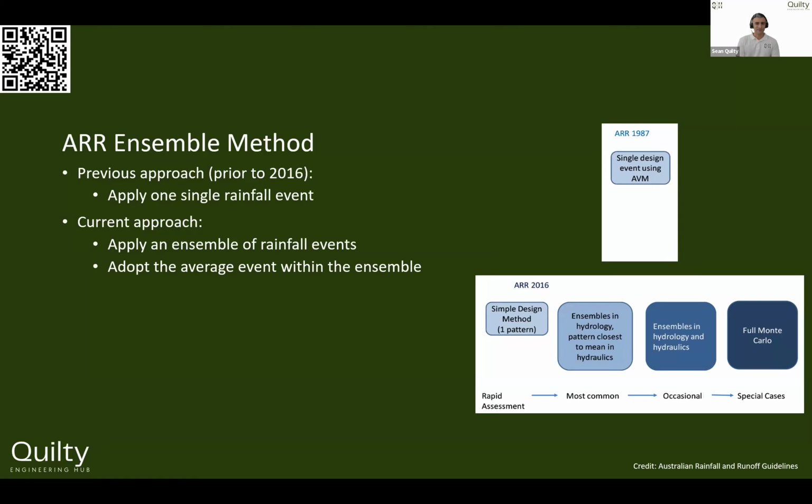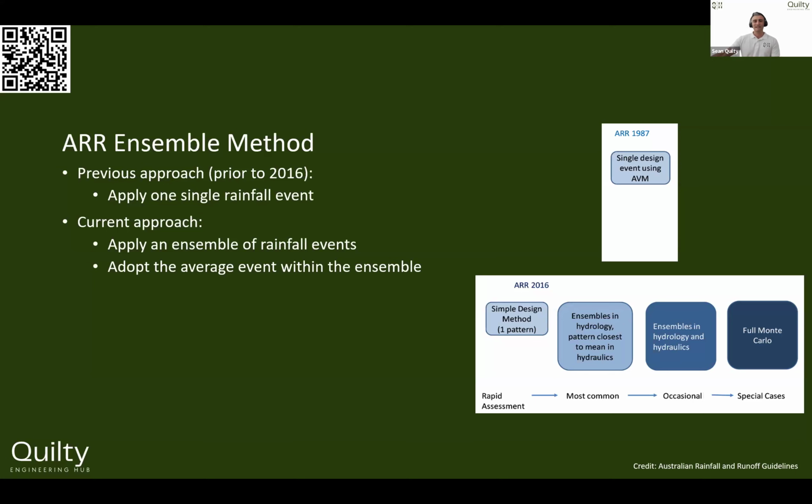Now, we know that the rainfall that occurs is not going to happen with that same pattern. It's not going to start at a certain rainfall intensity, then peak, and then drop off and do that every single time. We know it's completely random and there's a lot of variables in there. So what we now do with the current ARR version is we apply an ensemble, a group of rainfall events or rainfall patterns. So this is the ARR Ensemble Method, and this is what we should be doing basically with, well, certainly with any sort of runoff routing, any detention basin sizing, anything like that, we'd be using the Ensemble Method.